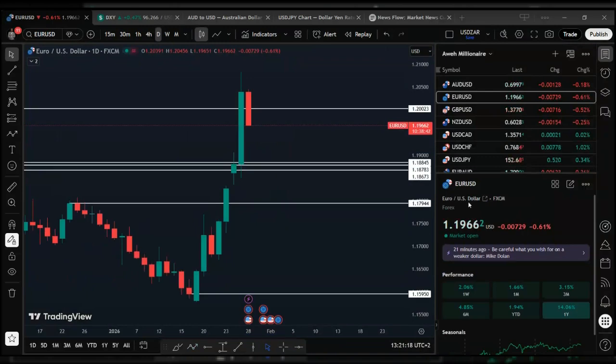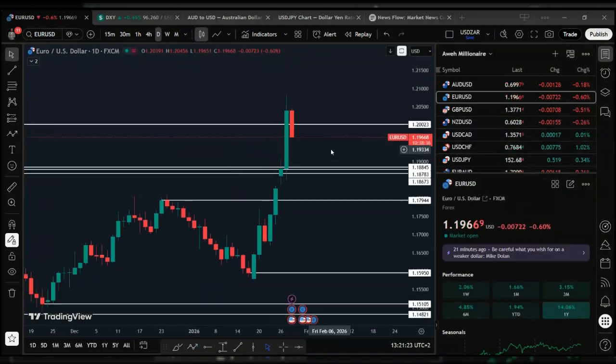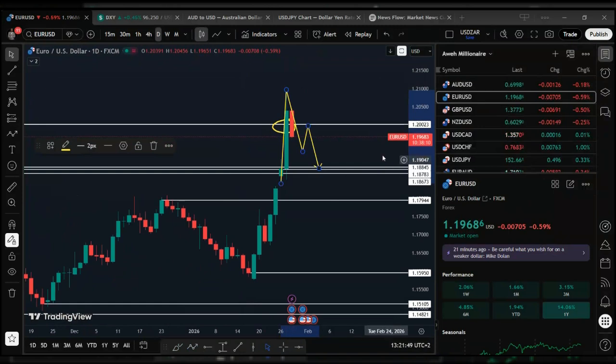So Euro USD, we have price testing our resistance turned support here at the 1.2002 level. As we can see, we had price break above this level with strong upward momentum, but has now traded back below, where a close below this level could see a pullback in this upward momentum, or again the start of a trend reversal, where the next support is sitting at this support zone between the 1.1884 and the 1.1867 zone